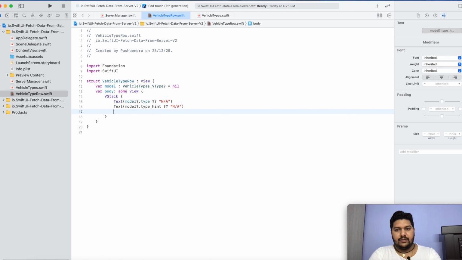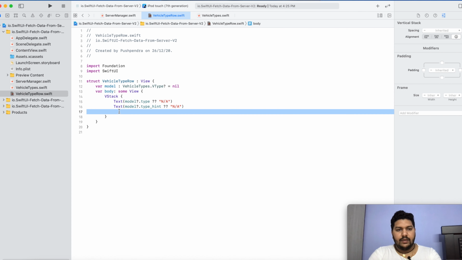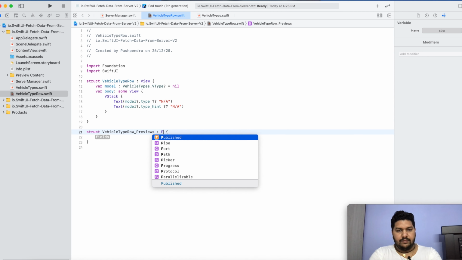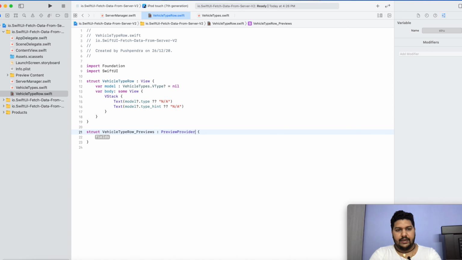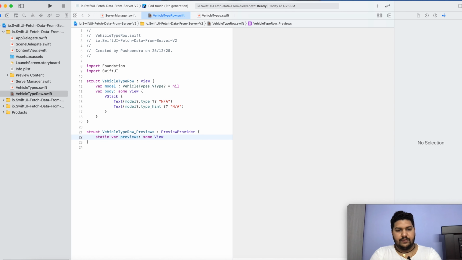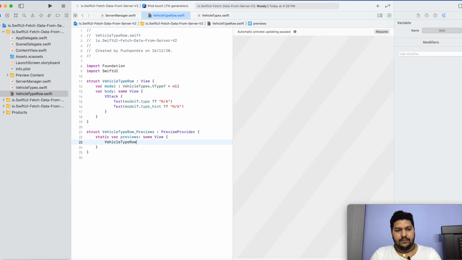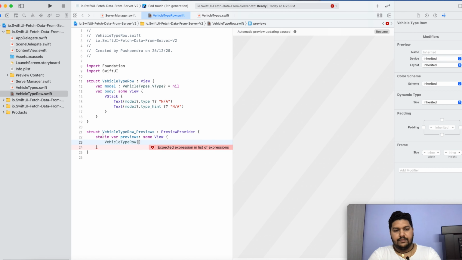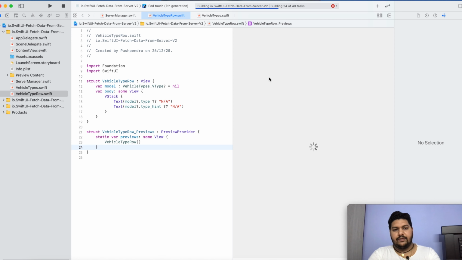Now after that I will use another struct, which provides the UI view previews, and it will be a PreviewProvider. Now here, previews some View, and inside that I will call my VehicleTypeRow. Now I will resume and we will see the output.